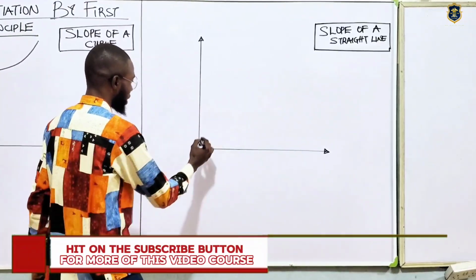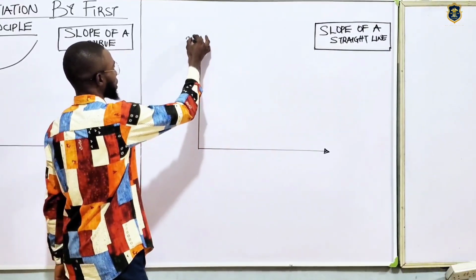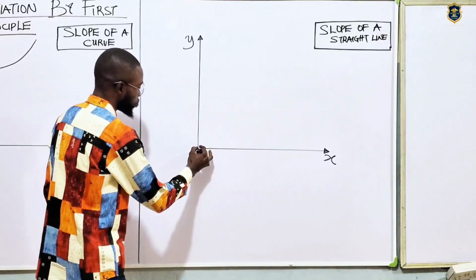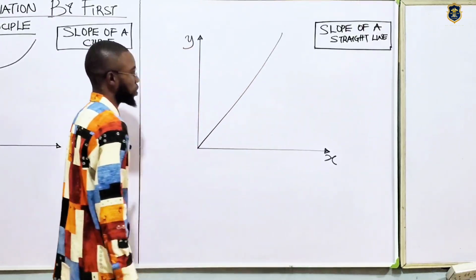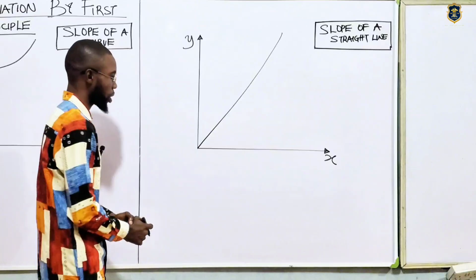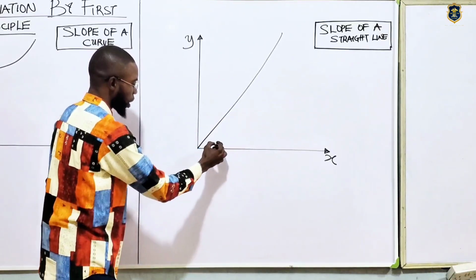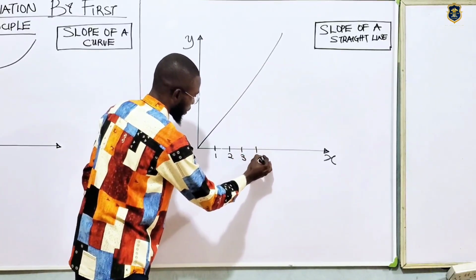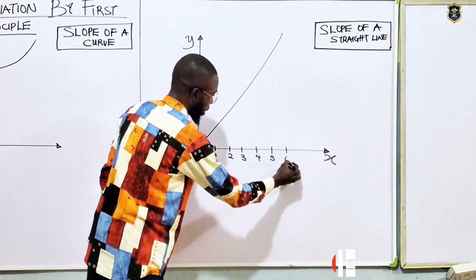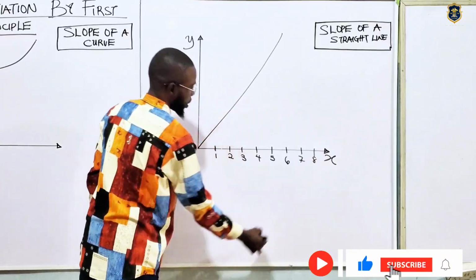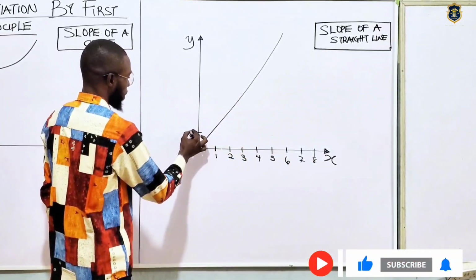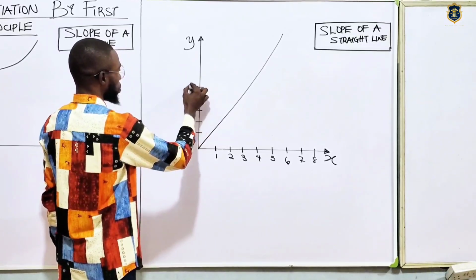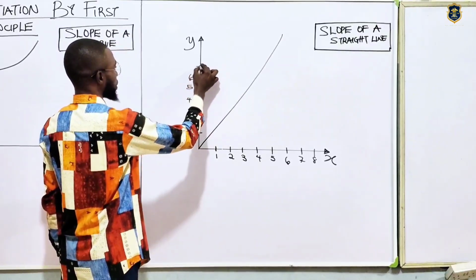So slope of a straight line, let's assume this is our y-axis and this is our x-axis, right? And let's take a line moving from here down like this. Are you getting a straight line? Although it's not drawn to scale, so just bear with me. And let's assume that our reading from here is 1, here is 2, here is 3, here is 4, here is 5, here is 6, here is 7, and here is 8 for the x-axis. Also for the y-axis, we have 1, 2, 3, 4, 5, 6,